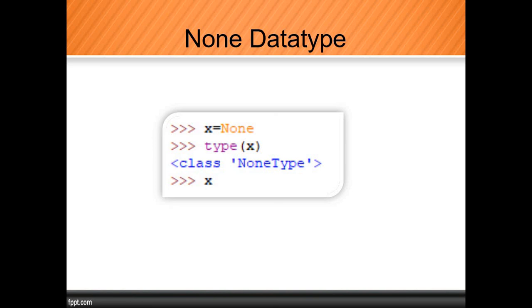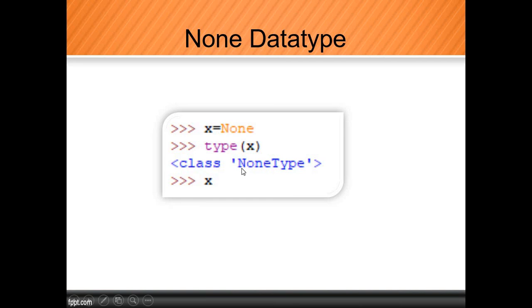And the last one is the none data type. This none data type is not very heavy. We will just assign it to a given variable. You can assign a variable, and you can also assign a function. We'll pass a given variable with the value none. So none means nothing, nothing gets stored inside it. If you want to use some future values, and you don't know what value to store in the current variable, we will use none.